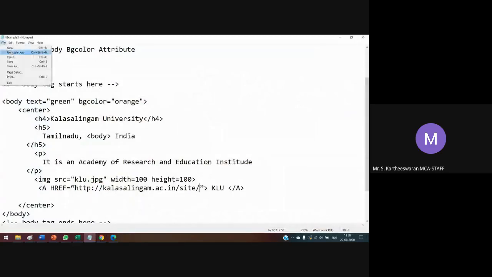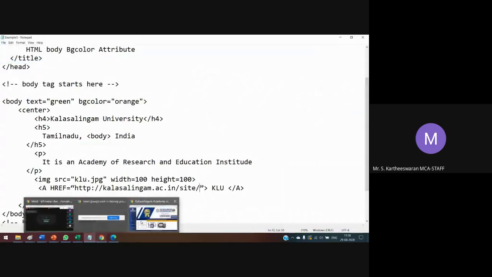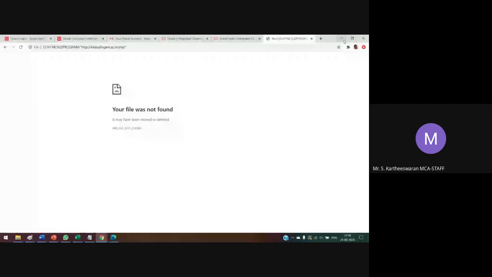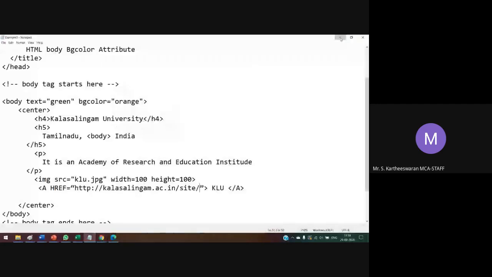Save. Now you have to close that web page. Otherwise, you simply provide the link to the user.